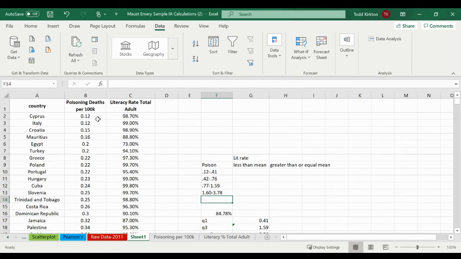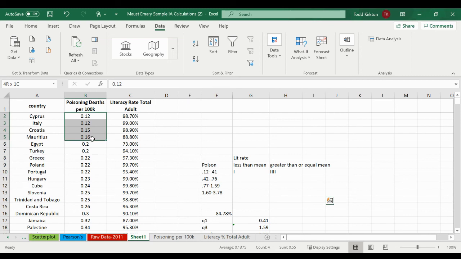And then I just need to tally. So for instance, these are all low on the poisoning death and greater than the mean on literacy rate. So if I were tallying there, I put 4 marks right there. And then I go to the next one. And this one happens to be lower poisoning death, but the literacy rate is low. So I would copy this table onto a piece of paper and then just go through one by one. If you want to make it easier,